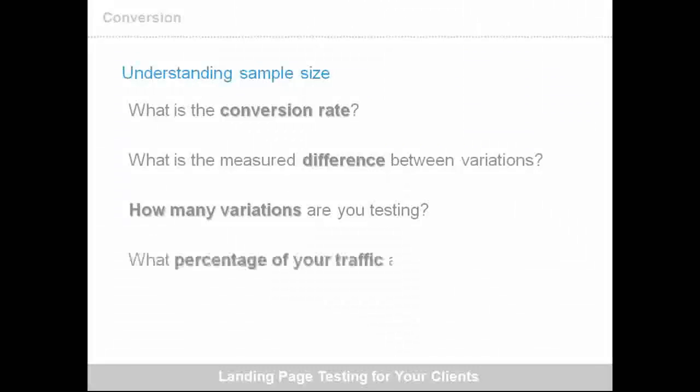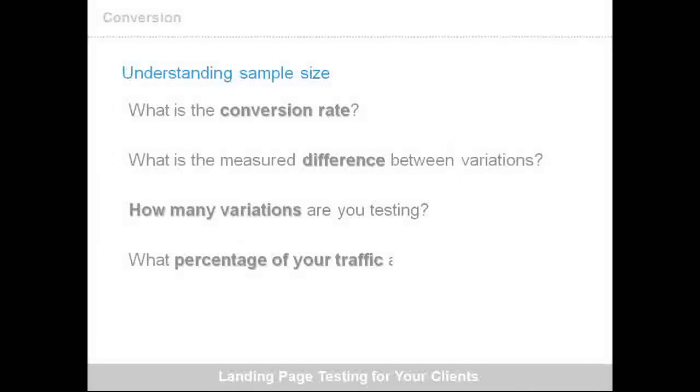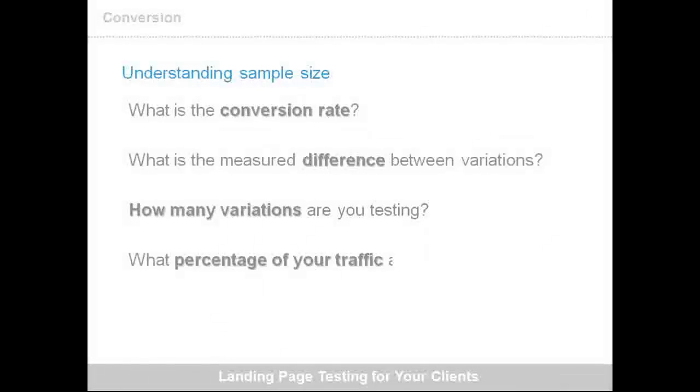Okay, so what you need to basically remember is what the conversion rate is, what the measured difference between these variations is, and how many variations you are really testing. As far as A/B goes, you're probably just going to be sticking to one thing, but if you do multivariate or a split path, there's a possibility you are introducing multiple variations. You need to answer that first question: what is the measured difference? So for these variations that you're looking at in the data you've collected, what is the difference in the conversion rate? These help you understand which test is really working out for you.